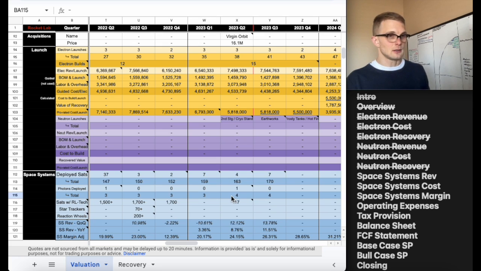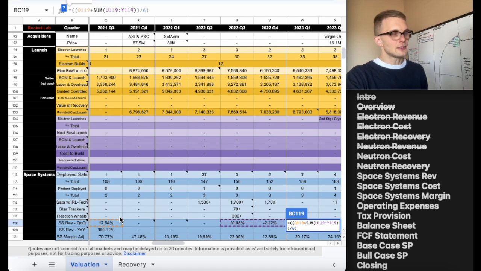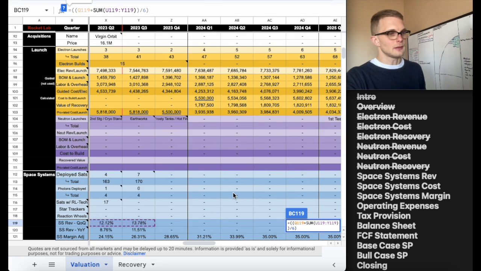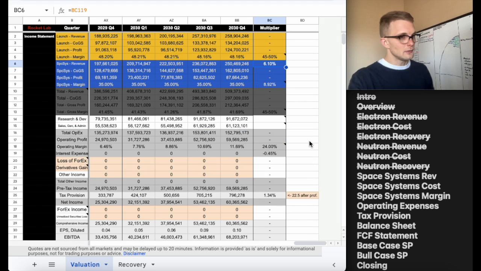As far as understanding the growth of space systems, the closest that I can identify is looking at the past results that don't include any sort of an acquisition during that particular quarter and using that growth metric as an average to delineate what kind of future growth we can expect. All of the quarters that haven't seen any sort of an acquisition in recent history, I combined them together and found an average. Now, I know that's kind of crass and unorthodox, if you will, but the reason that it checks out is